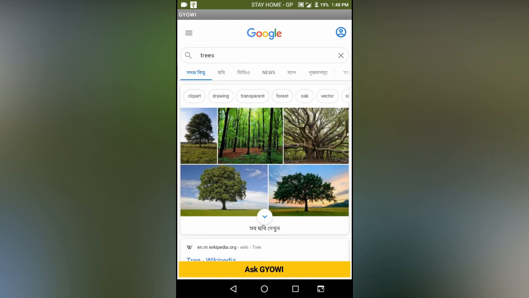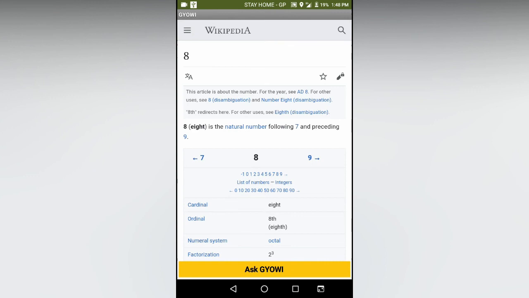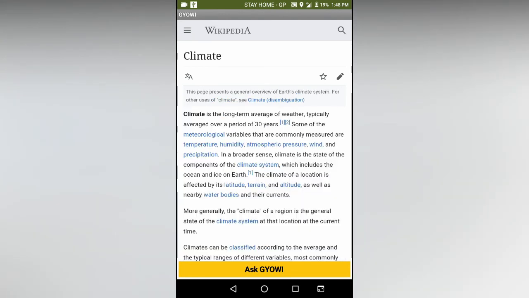Now if I ask her to search in Wiki, it will show climate Wiki. Now see, I searched climate and then said Wiki, and it has redirected us to climate. Now if I search climate YouTube, it will also redirect to YouTube.